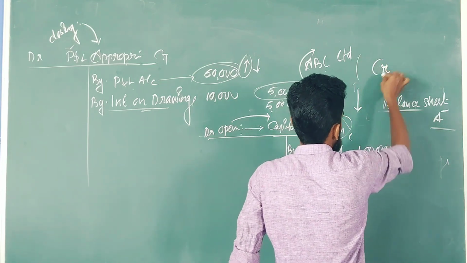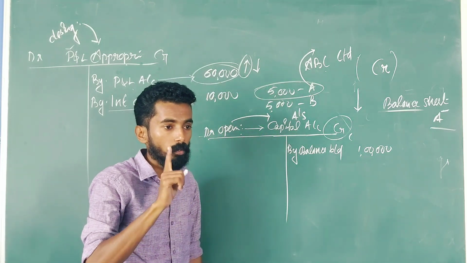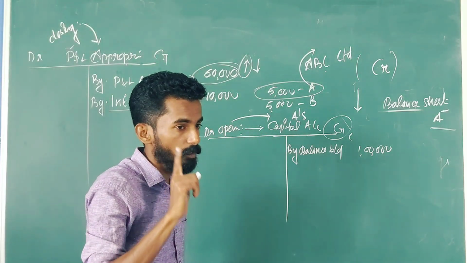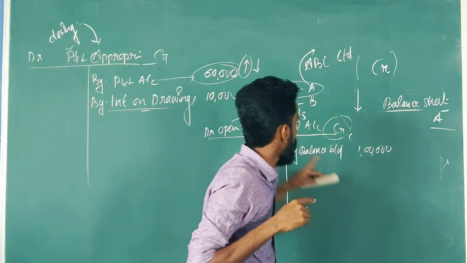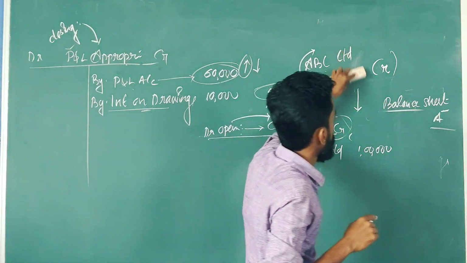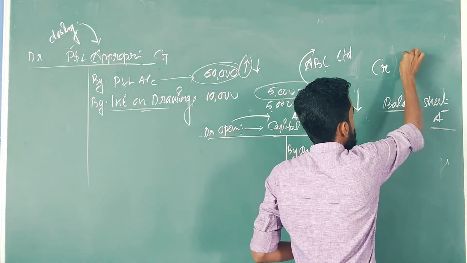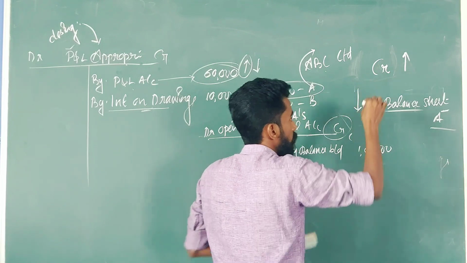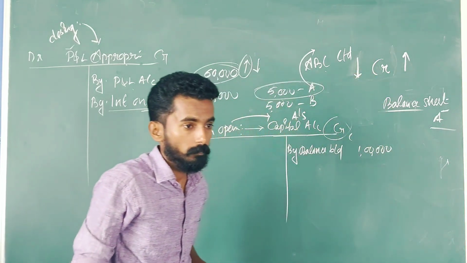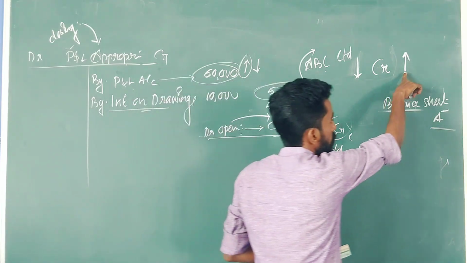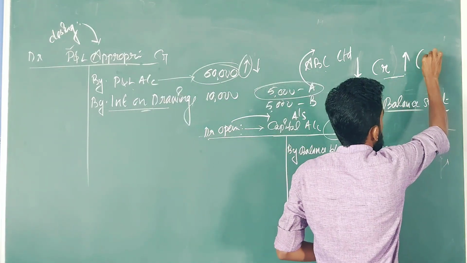Credit balance. Whenever you prepare an account, you have to keep one thing properly in mind, that is, which balance the account shows. Here the capital account shows which balance? Credit balance. Now use the logic. If you want to increase the capital balance, what do we have to do? And if we need to decrease the capital balance, what do we need to do?